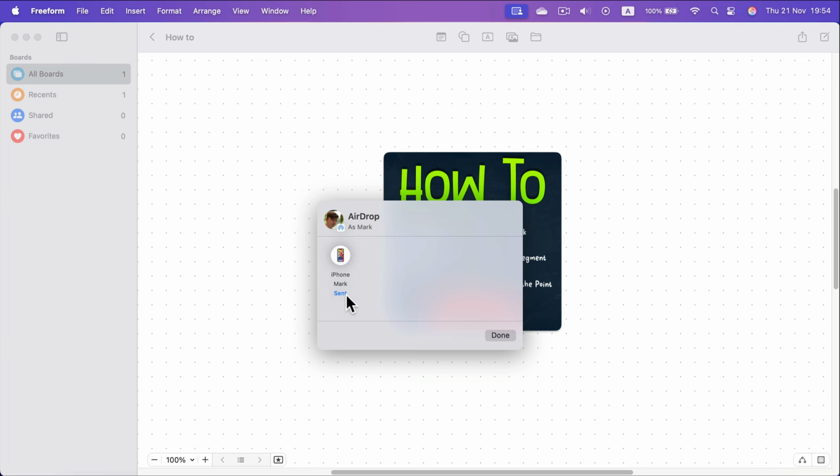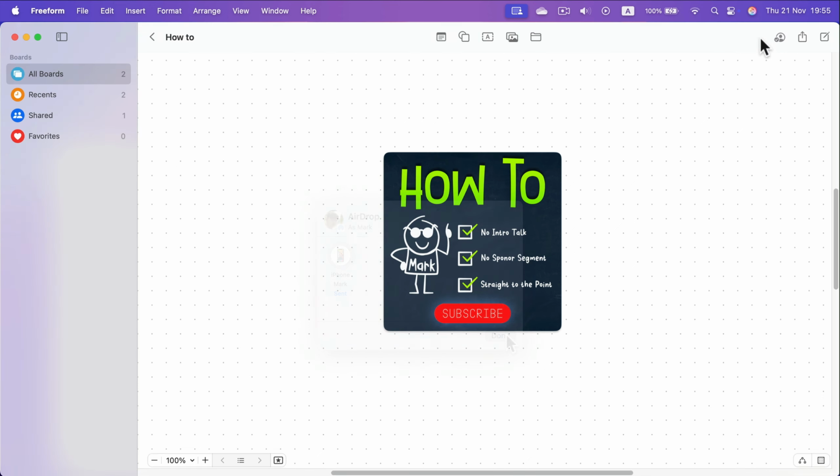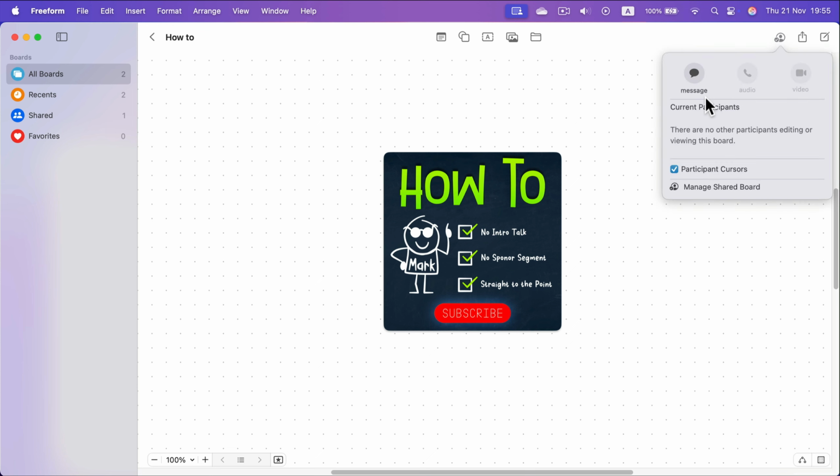I'm waiting now and it's already sent. I don't need to click confirmation because it's my device, but in some cases, if this is somebody not from your friends list, they will need to click confirm. And take a look at the top right, I got this new icon showing me people that participate in